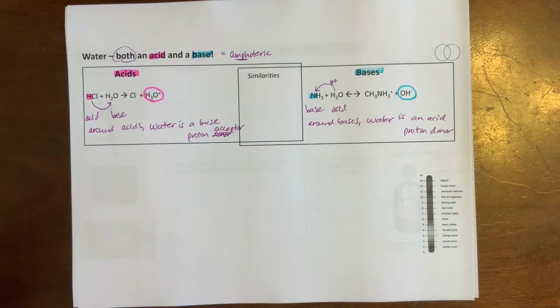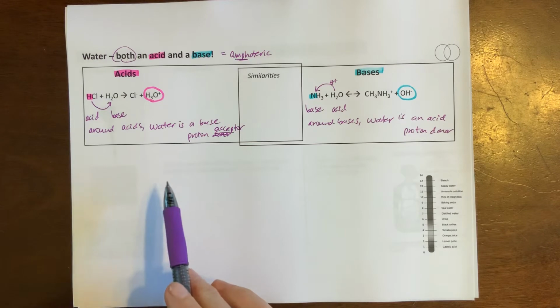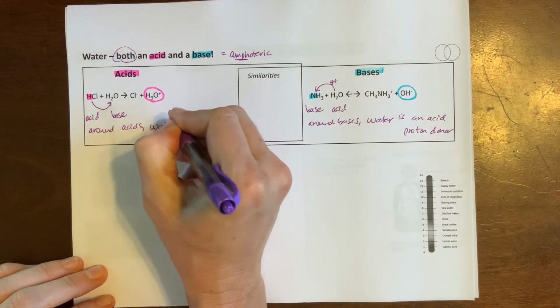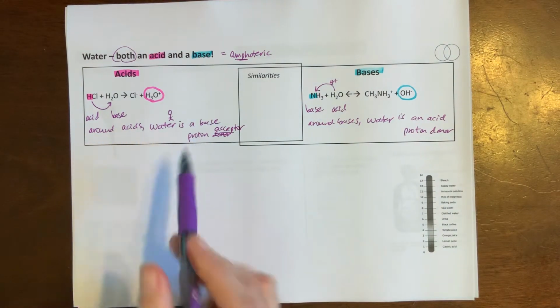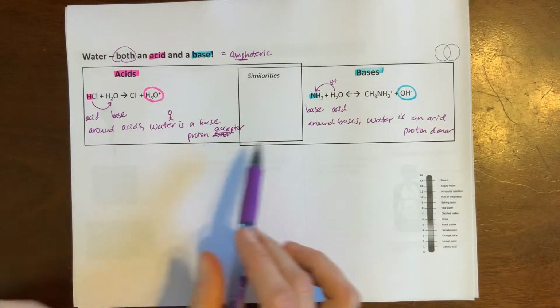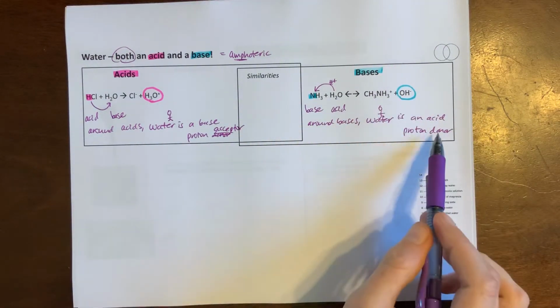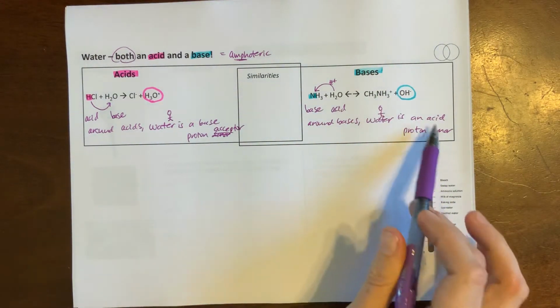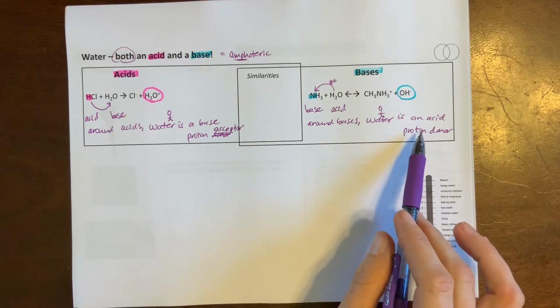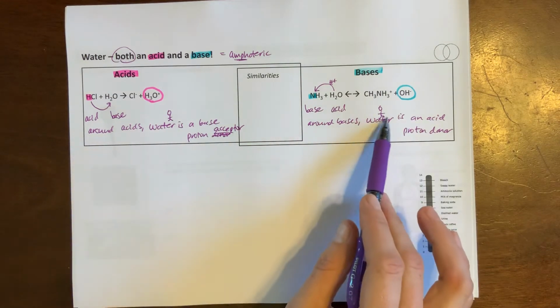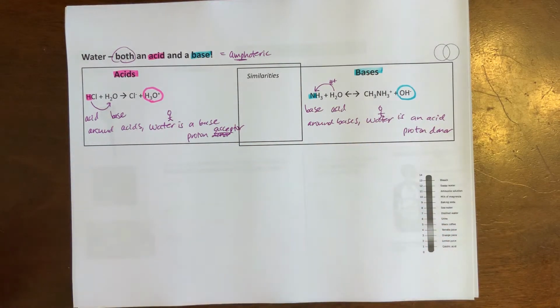I use a little analogy for this with money. So if I was around Bill Gates, if Joanna Hahn is the water, if I'm around Bill Gates, then I'm definitely a money acceptor. But if I'm around my kids instead, then Joanna Hahn is a money donor. So I'm like the richest person in the world, in their world. So if I'm around the right person, I'm an acceptor. If I'm around a different person, I'm a donor. And water works the same way, just depending on what peers it's around.